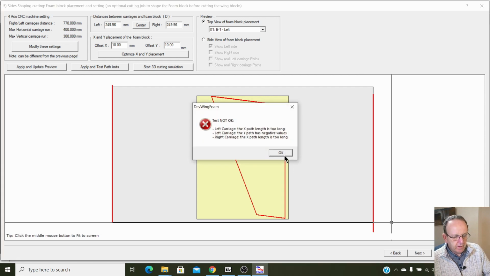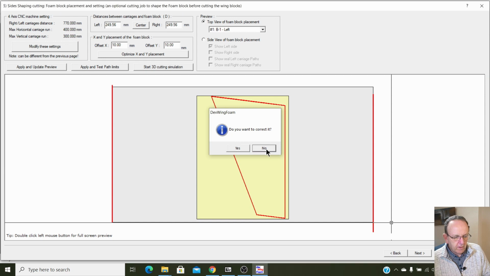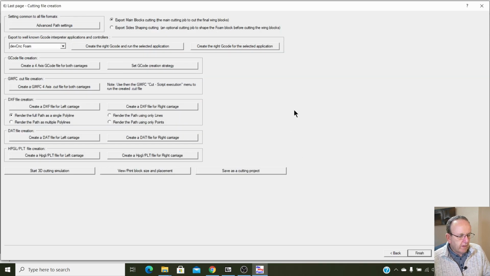And it says this because, as you can see, these paths are not lined up. But what can happen then? Do you want to correct it? And just say no. And then we can now tell it what we want to do. Now if you've got their CNC Foam, their firmware and software, if you create this, it launches it automatically. Or what we normally do for the GRBL Mega 5X one, we just say create Gcode for both carriages,